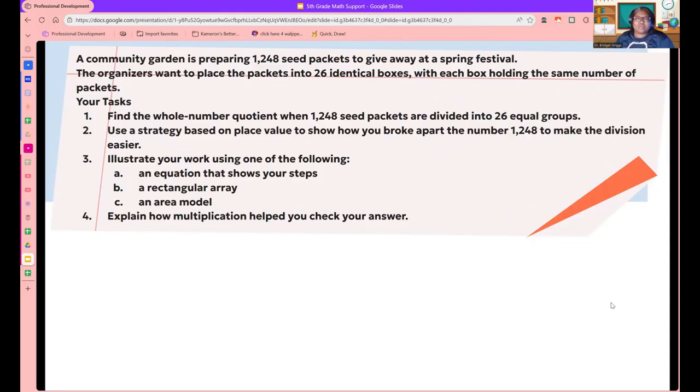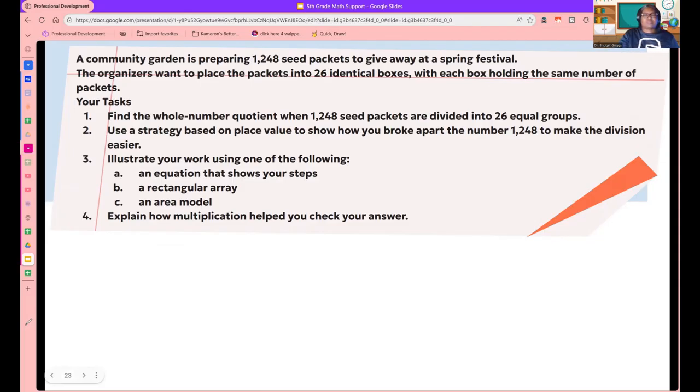Find the whole number quotient when 1,248 seed packets are divided into 26 equal groups. Use a strategy based on place value to show how you broke apart the number 1,248 to make the division easier. Illustrate your work using one of the following. Explain how multiplication helped you check your answer. So let's look at